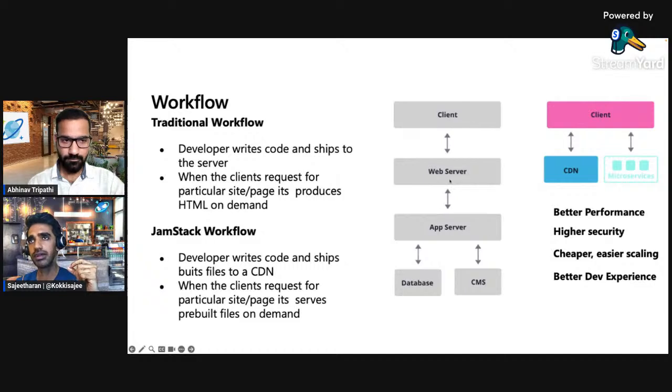So there is an additional layer, the app server, which processes the logic in order to fetch that information. In this case, the developers have to write code, and if there are any changes, they have to go back and forth, make the changes, and then deploy.